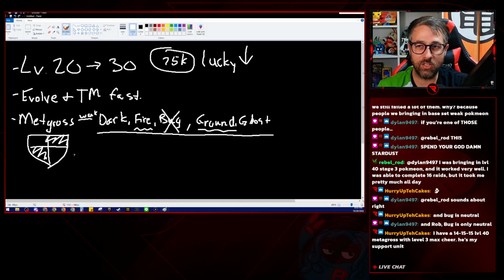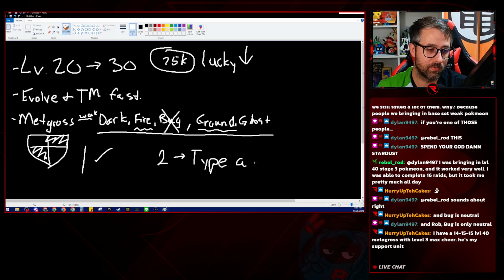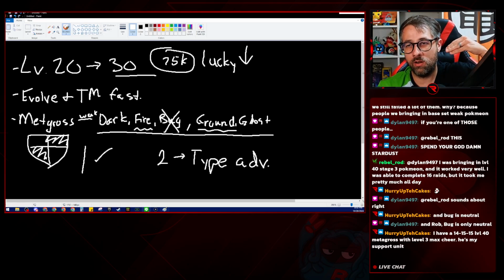So you only need to build one Metagross. So that's one of your Pokemon done. All done. Then you just start building slowly 2 other Pokemon that have a type advantage. And push those to 30, like we were saying, and do all this other stuff. So in realistic expectations, you can force yourself to go, okay, I'm going to build a Metagross, and then I'm going to have one Pokemon with a type advantage. If you really want to go super neutral on this to spend even more resources,